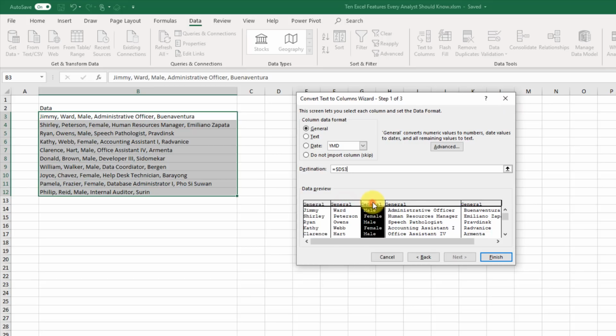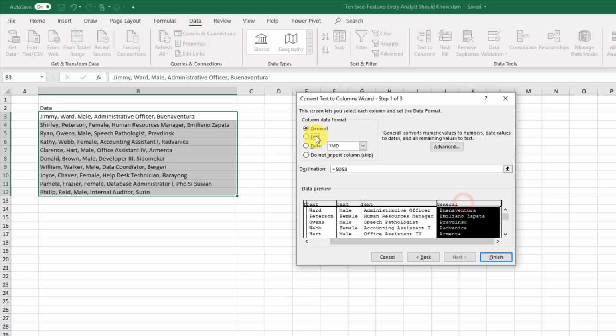You can go through and select each of your columns and select what type of data they are. In my case, they're all text, but maybe you have some dates in there you want to flag as dates. And we can press finish,